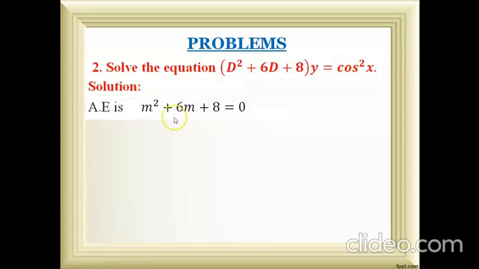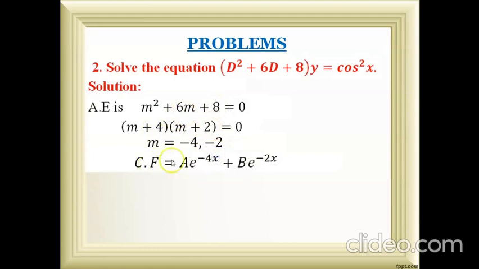Now I'm going to find the complementary function. For that, I'm writing the auxiliary equation. Let us replace f of D with m. I will get the auxiliary equation m square plus 6m plus 8 equal to 0. After simplifying this, I will get the roots minus 4, minus 2, because the multiplicative value is 8 and the addition value is 6. Since the roots are real as well as different, I'm writing the complementary function as a into e power minus 4x plus b into e power minus 2x.